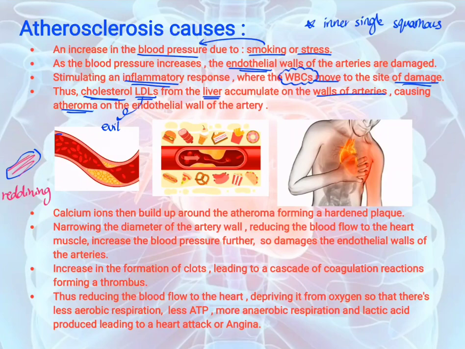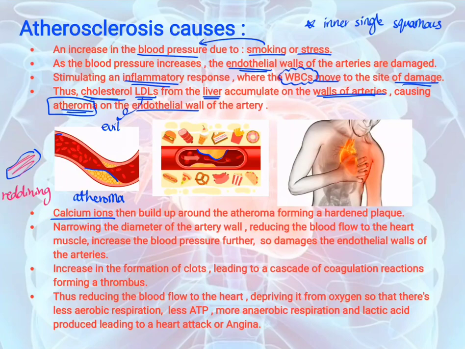So these cholesterol LDLs from the liver accumulate on the walls of arteries and cause this atheroma, which we've talked about, which forms a region that is increased in size on the endothelial wall of the artery. And of course, this is caused by these saturated fats. Once this atheroma is formed,